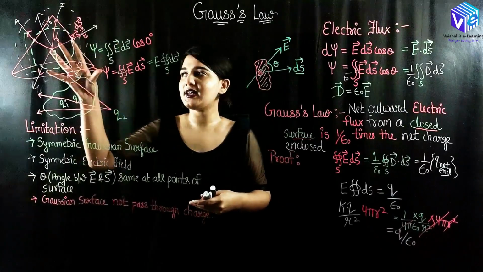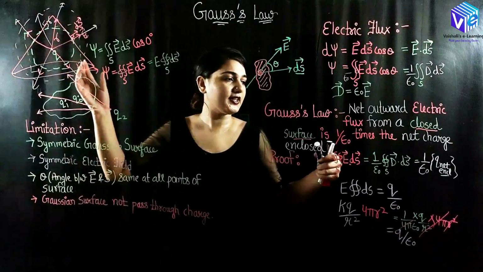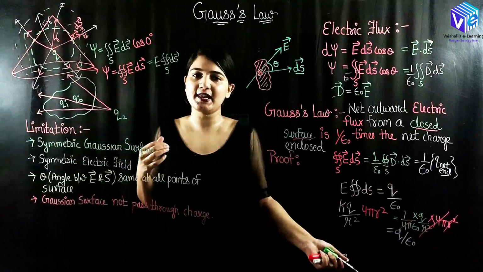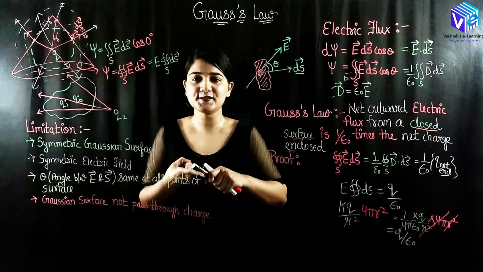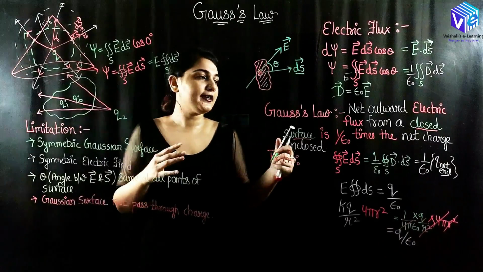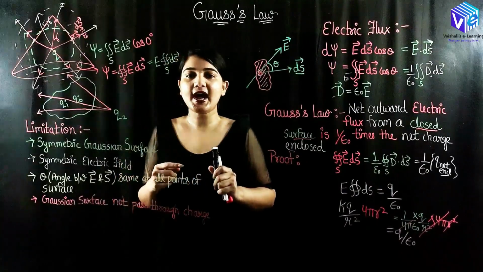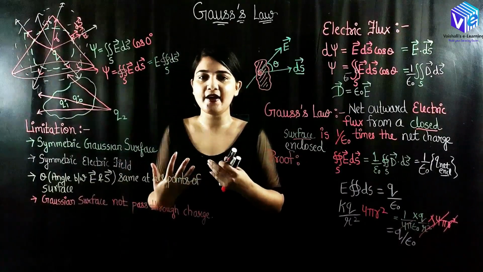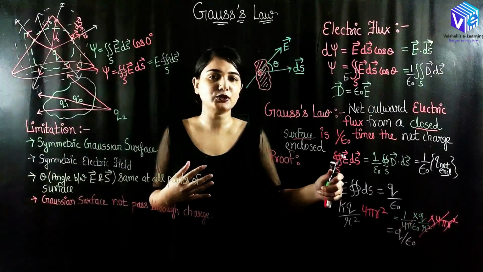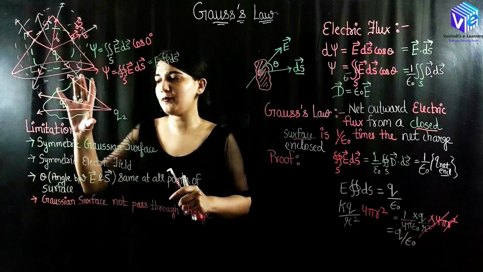Again, if someone would ask you what is the electric field intensity or what is the electric flux, you can find out with the help of this formula. The electric flux will directly be equal to Q upon epsilon naught, in all of the cases, regardless of the size, regardless of the shape. Now I told you that I am only taking the charges which are enclosed inside the surface. I am not considering the charges that are outside the surface. You must be having the doubt why I am not considering those charges, because when I was finding out electric field, that time I was considering those charges. So let's understand this with the help of this diagram.